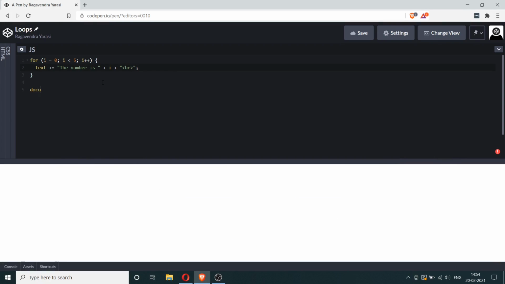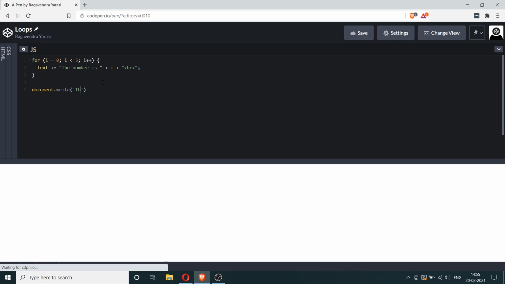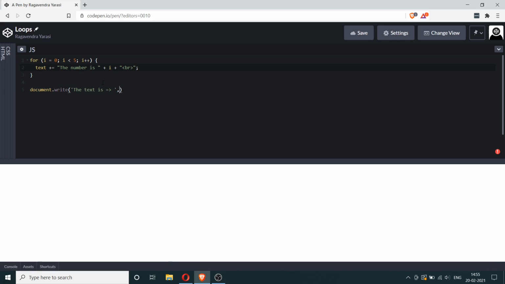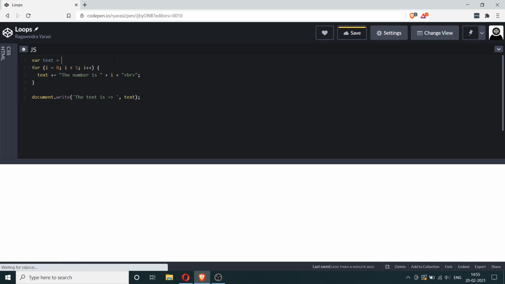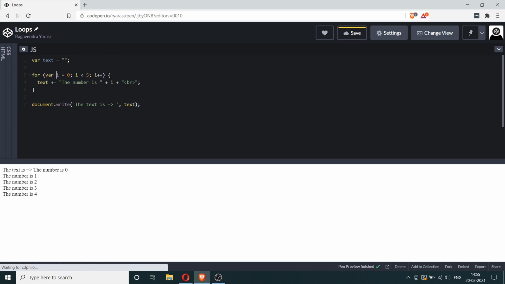And here we'll say document.write(text), because that is the variable in which you're storing the value. I'm going to say var text = "" and var i = 0. And here we have the output which shows what the value of text contains.